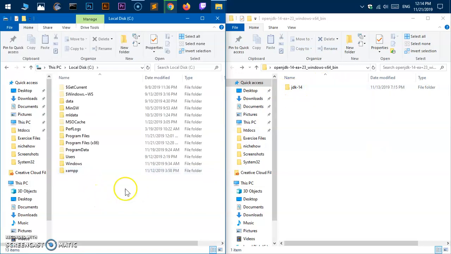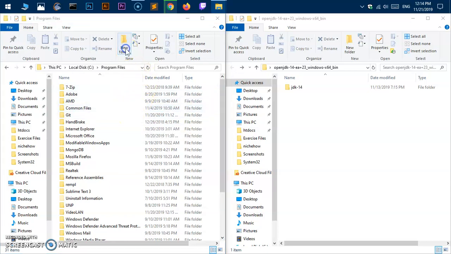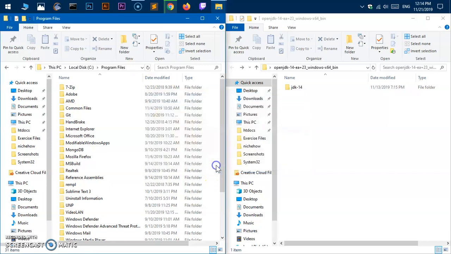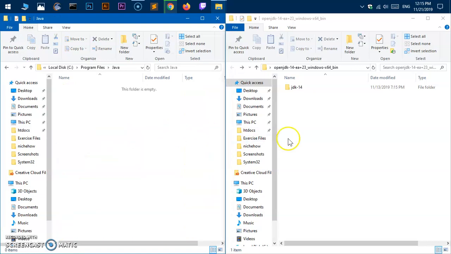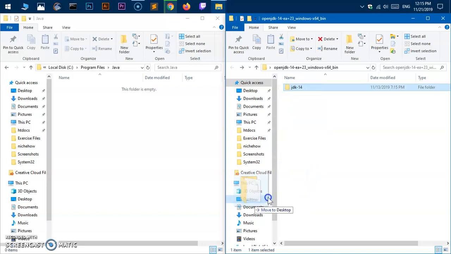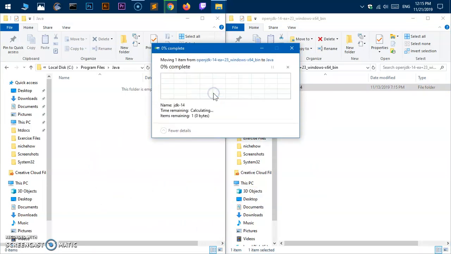Because it's 64-bit, I'm going to get into Program Files, which is for 64-bit applications and software, and then create a new folder. Just say continue, and I'm going to name it Java, and within this Java folder I'm going to drag this JDK 14 in and say continue,